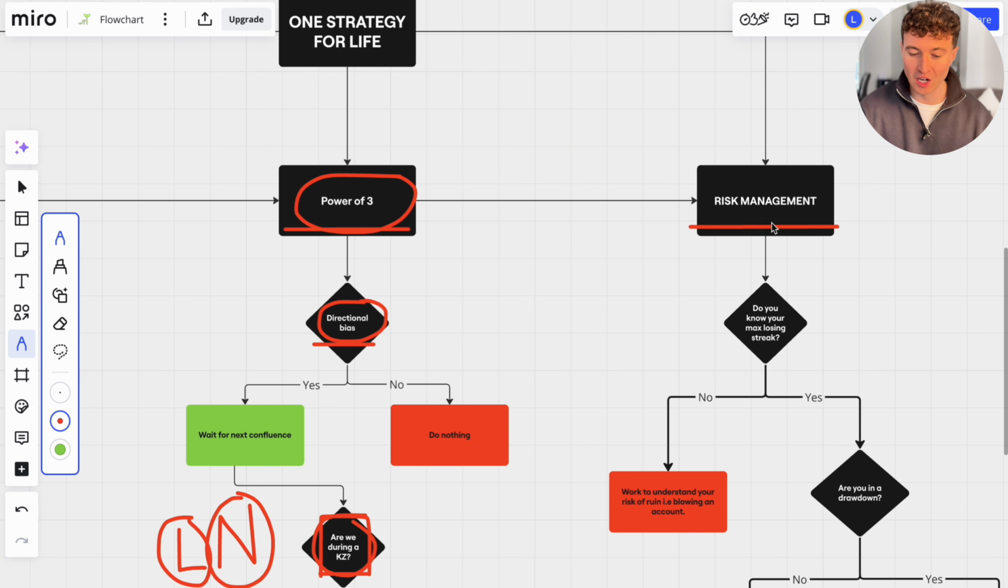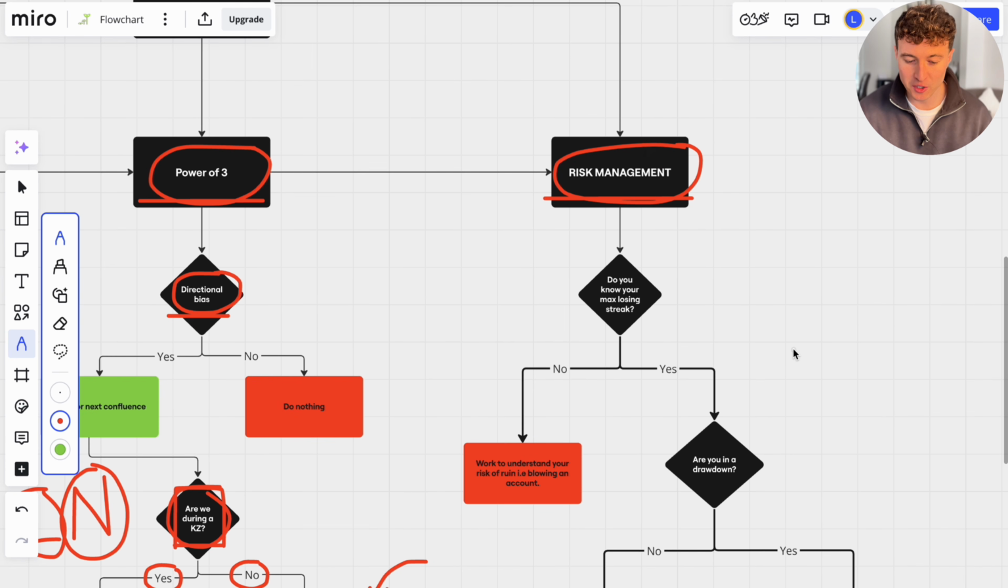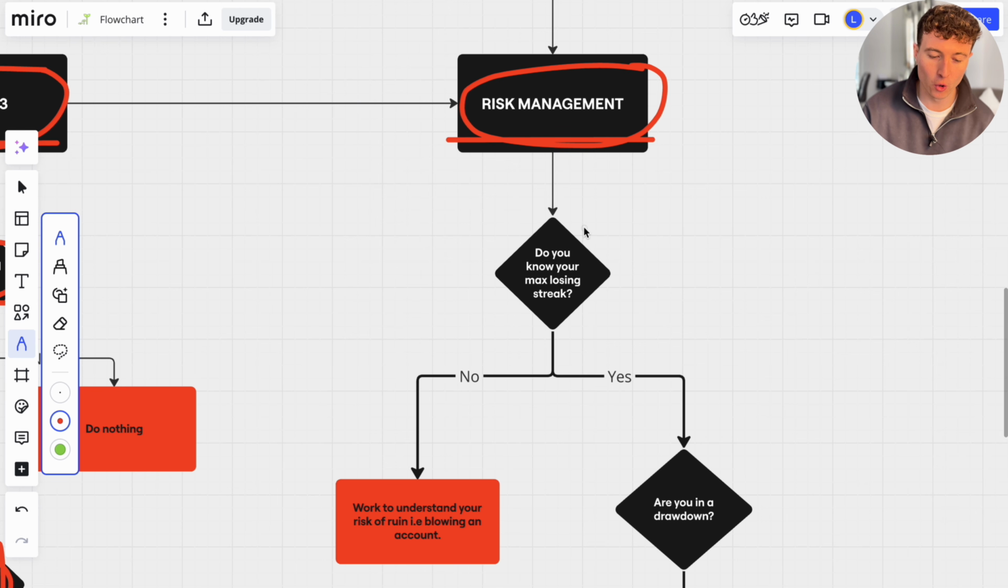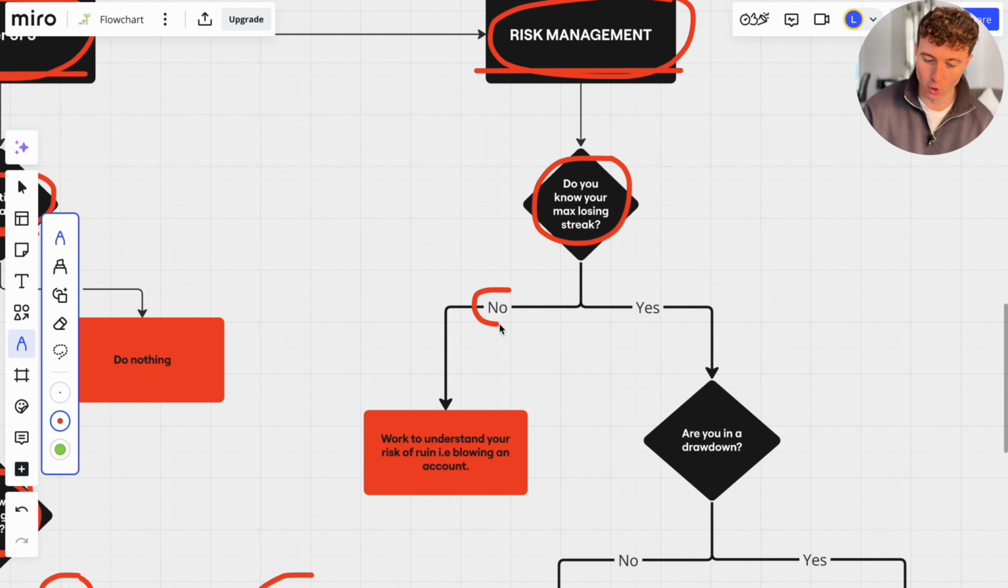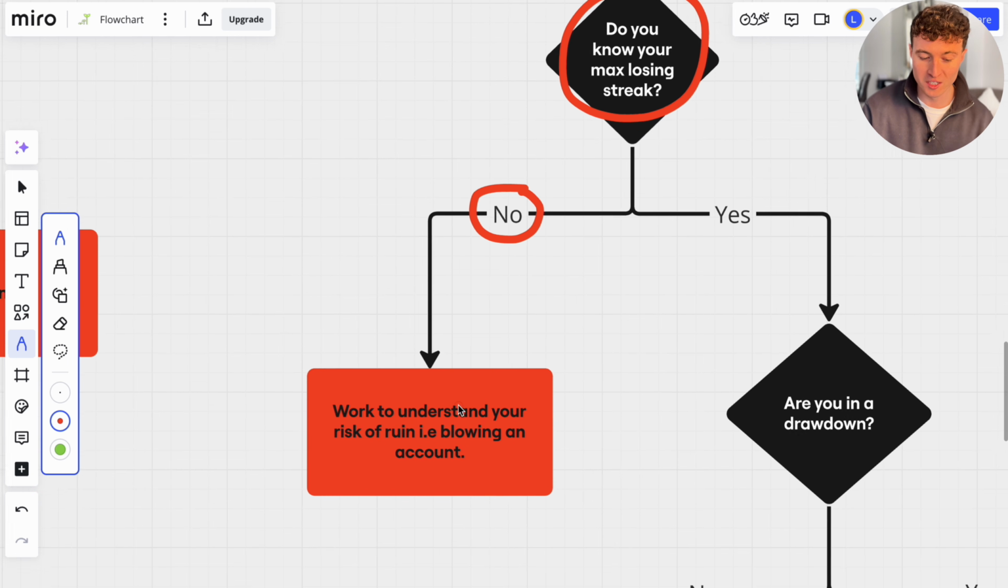Okay, so step number 2 is incredible. But if you don't understand step number 3, you will continue to blow many accounts. And step number 3 is risk management. The first thing that you need to ask yourself is, do you know your max losing streak? If the answer is no, and you do not know the maximum amount of losing trades in a row for your trading strategy, then it's very important that you work to understand your risk of ruin,